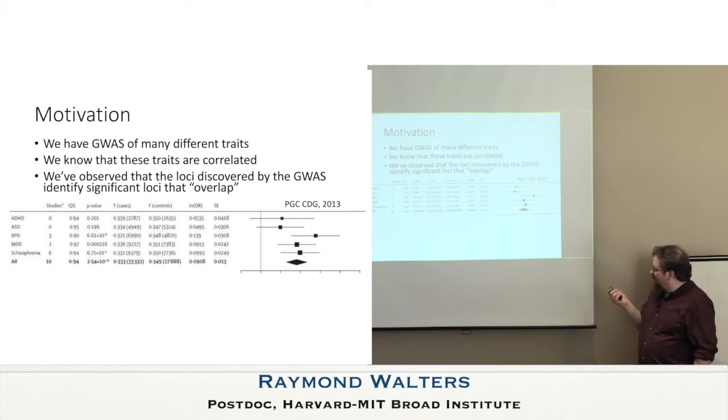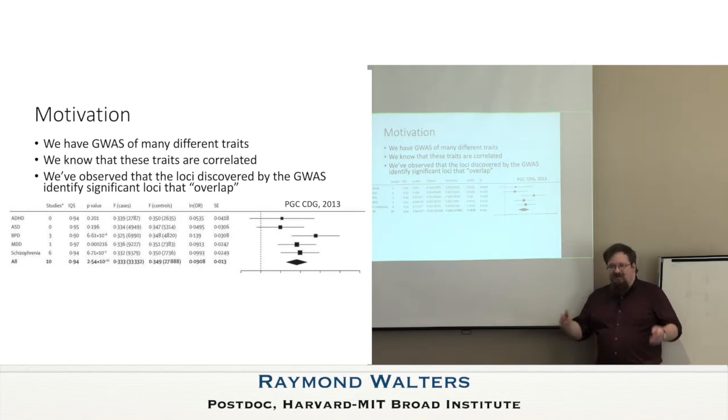So finding loci where, relative to the power that existed at the time, we didn't have genome-wide significance yet for association of the SNP with any of these individual phenotypes, for ADHD or schizophrenia or depression and such. But if analyzed across those traits, there at least seemed to be some shared effect of the SNP across these phenotypes. So maybe signs of pleiotropy or hypotheses like that. So relative to this qualitative observation, or at least the quantitative evidence for individual loci that seem shared,